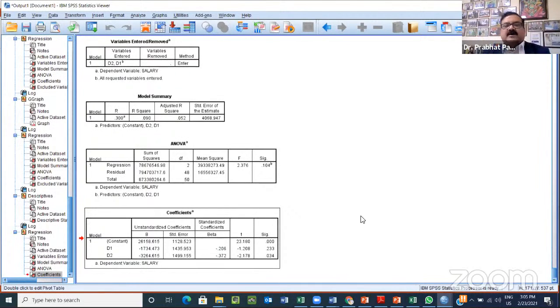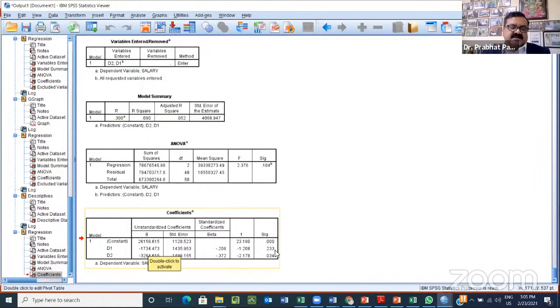Okay. And now the hypothesis testing. Hypothesis testing is about whether, if North people are getting 1,734 less than the West, this difference is significant or insignificant. So we go to looking at the p-value. And here we find that the p-value is